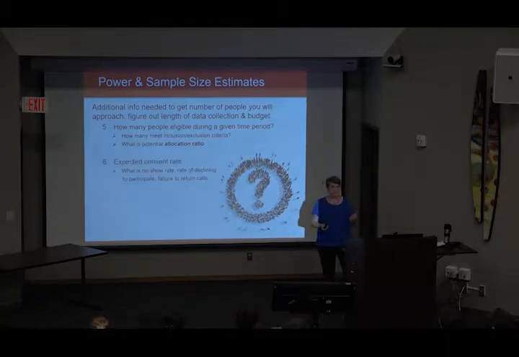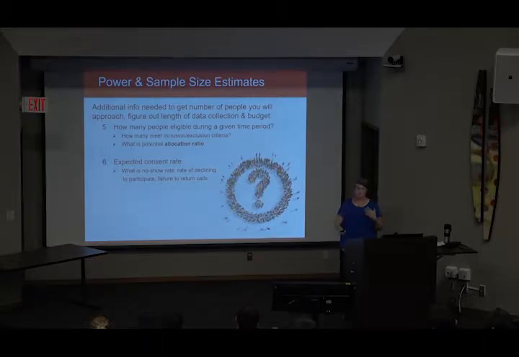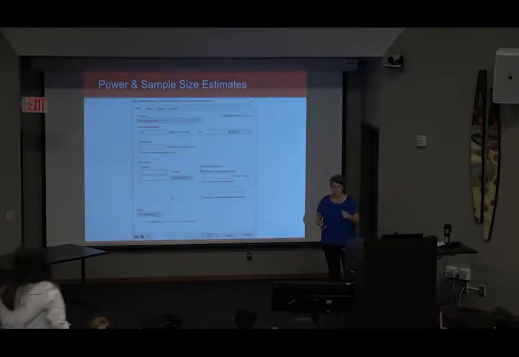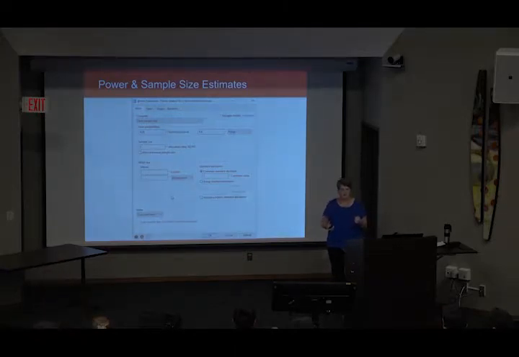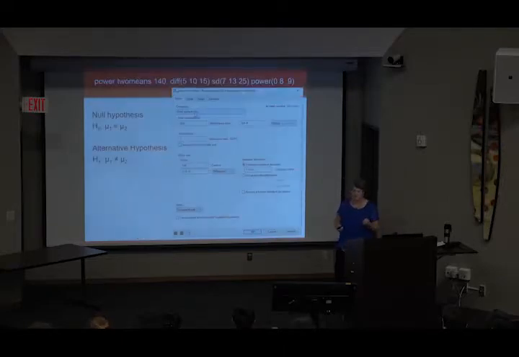And you need to think about your expected consent rate. What are the no-shows in your clinic? If you approach X number of people, how many people do you think will enroll, and so on. So people generally don't do power calculations by hand. There are lots of calculators out there. I use the one in Stata and like that one quite a bit. So I'm going to show you a little bit about what it can do, but other types of things will do this as well. And these are the sorts of things that you can go through with your analyst and talk about it.